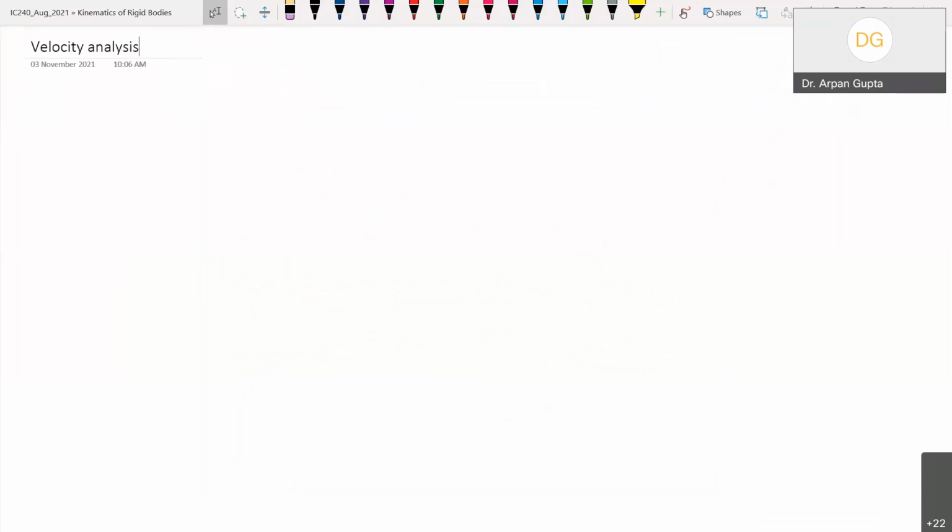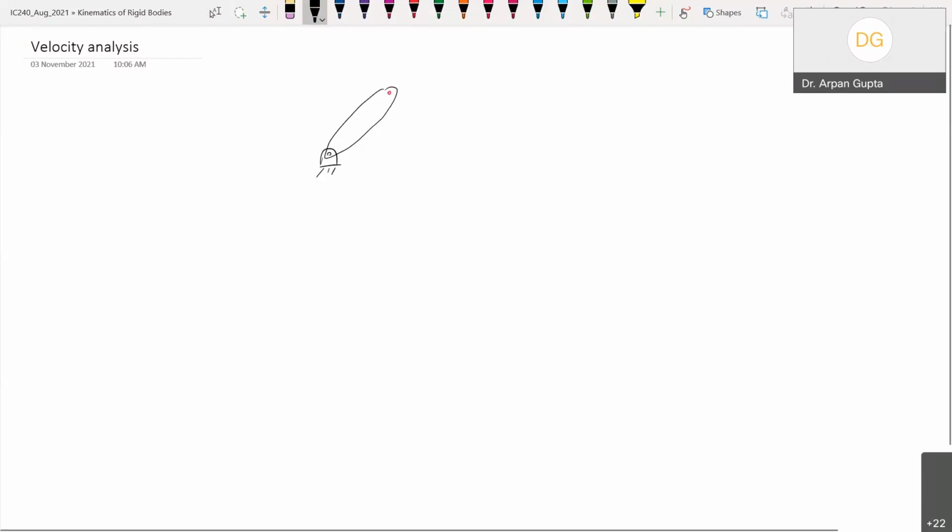So again, it's a review of what we have done. So we are again going to draw what is called the velocity diagram, and learn some of the calculations, how to do the velocity analysis for connected rigid bodies, right? So now this is what is called a slider crank mechanism. Again, the names are not so important. Mechanical people will do it in much detail in your future courses.